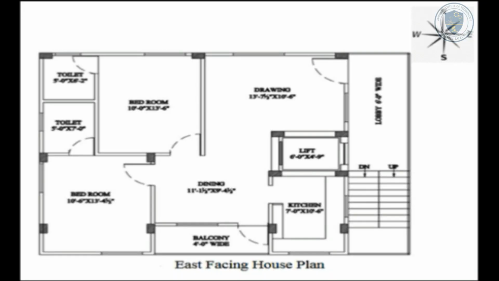This is the east facing plan. Let me explain how the rooms are provided in the east facing plan. Entrance hall and puja room should be at the northeast corner or east. Dining and balcony should be at the south side. Kitchen, staircase and bathroom should be at the southeast corner. The master bedroom should be at the southwest corner, and the children bedroom should be at the northwest corner. The second entrance for an east facing house or building should be on the north side towards the east corner.